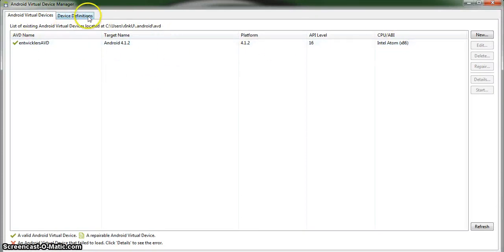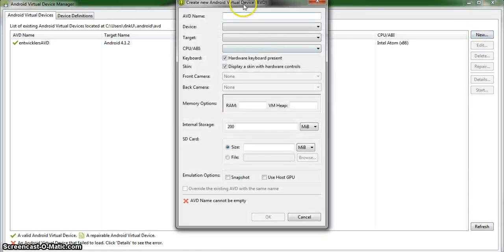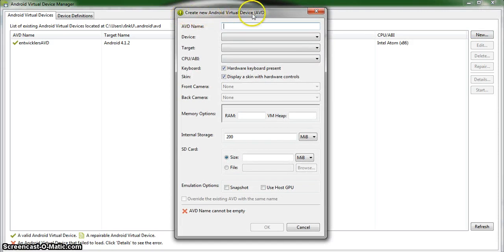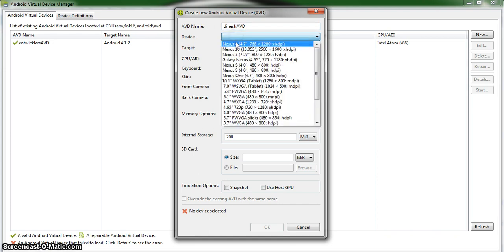If you want to create your own Android Virtual Device, just click on the New button over here. Here you can see Create new Android Virtual Device (AVD). Just name this; I'm going to name this Dinesh AVD. Here you have to select the device on which you want to run your Android app. Just click on this and select any one of these mobile phones. I'm going to select Nexus 4, 4.7 inches, 768 by 1280 resolution, and you can see XHDPI, which means extra high density